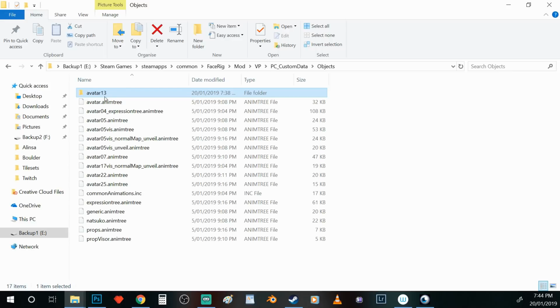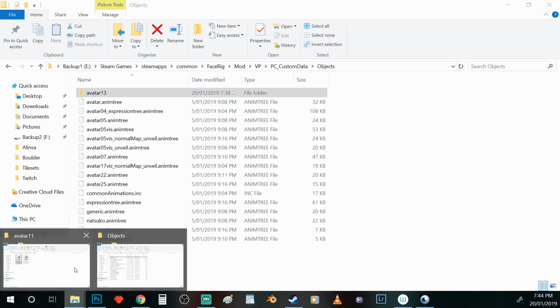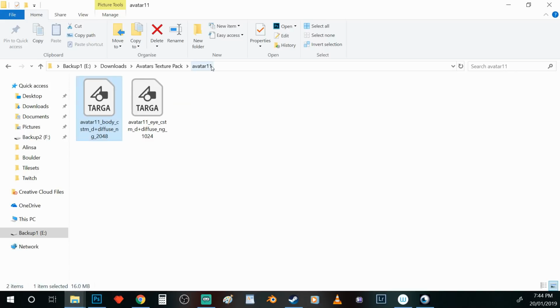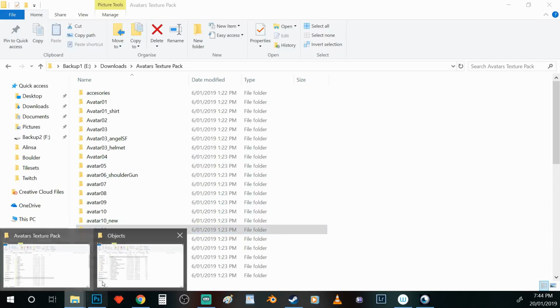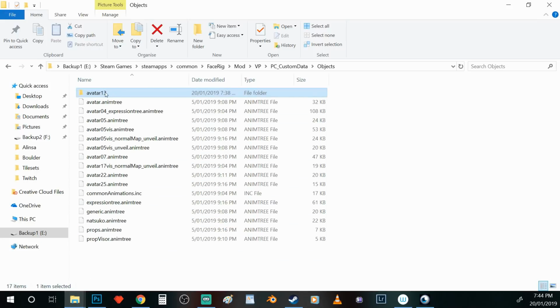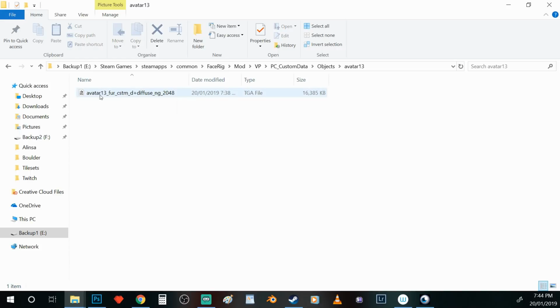And you're going to want to make a folder labeled after the avatar. So you want to basically copy the name of the avatar here in the pack. You want to copy this. And so you're going to make that, and then it has a very specific name. So you're going to want to make sure that you keep the same file name,